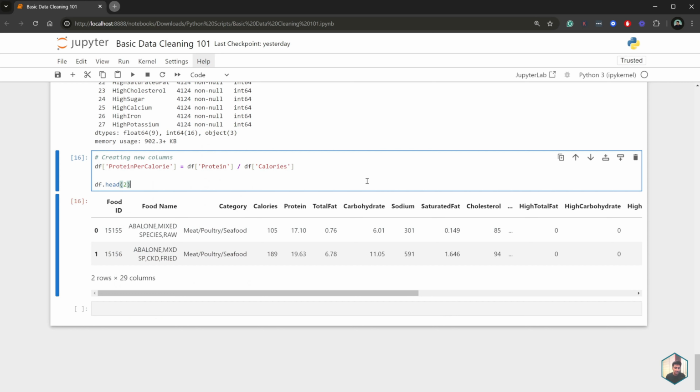At a basic level, these simple steps will bring your data where it needs to be, or at least close to where it needs to be. And obviously there might be more advanced or deeper data cleaning that you might need to do depending on your data set. But the steps I've shown you today are universal and can be applied to any type of data set. So there you have it.